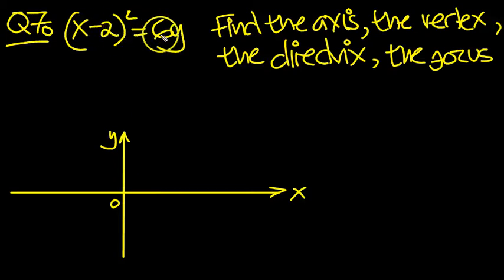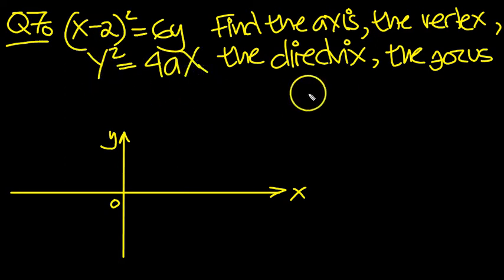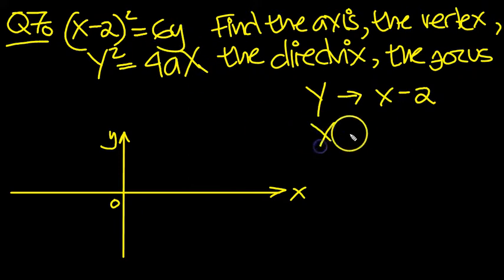(x minus 2) squared equals 6y. Let's compare that with our archetypal parabola then: Y squared equals 4a X. So here the capital Y-axis corresponds to the value x minus 2. So we're shifting the y and x-axis around. And the x-axis corresponds to the